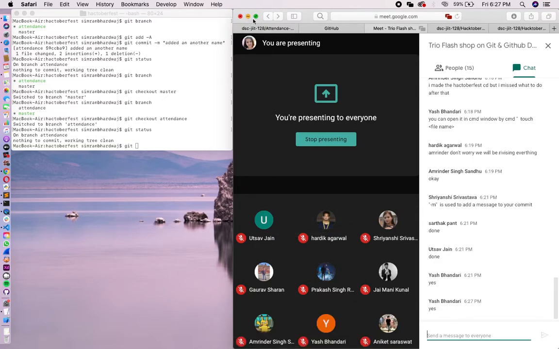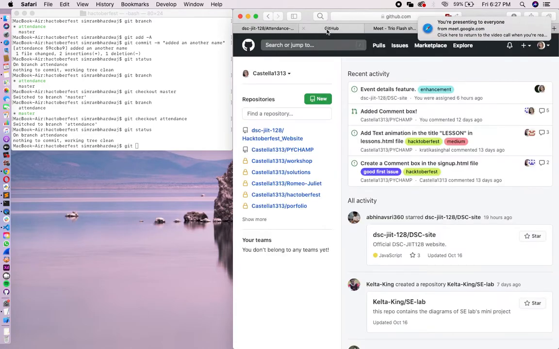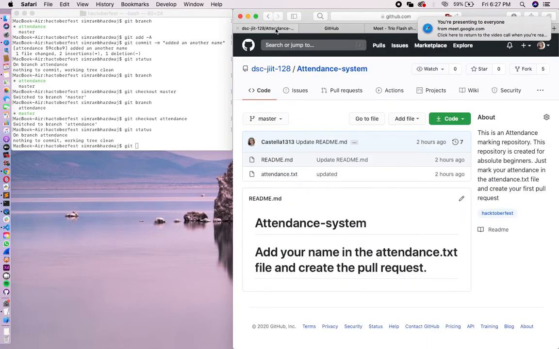Now let's push our code. So let me show you. You just go to the repository that you forked.